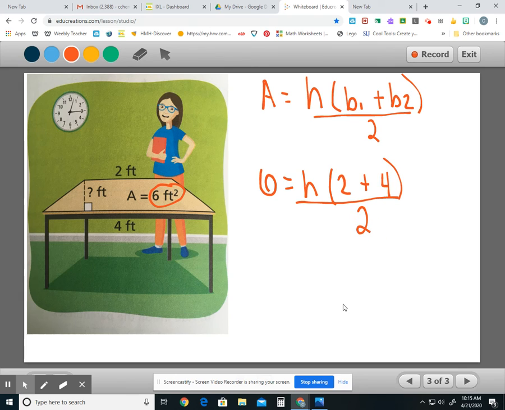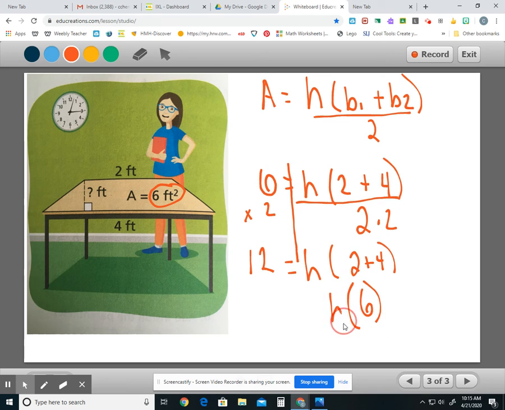Again, I'm going to work inversely. So to get rid of this dividing by 2, I want to do the inverse operation, and I'm going to multiply by 2. If I multiply this side by 2, I have to multiply this side by 2. So I get 12 is equal to, I rewrite the top of my equation, the height times 2 plus 4. Well, we know that 2 plus 4 is 6. So 6 times that h is going to be equal to 12. I think you could guess by now that the answer is going to be 2,